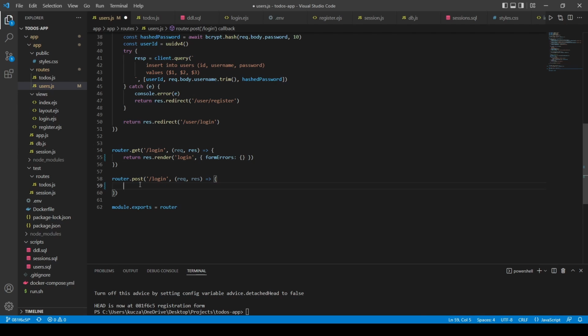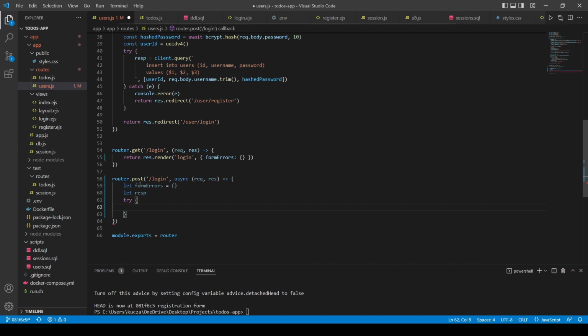Now here, let's work on the post route. This will actually be a little bit more complex. So first off, we need to make this asynchronous. We'll query the database here. And what we do is we start the form errors object. And we initialize our response because we'll be going directly to the database. And our response will be await